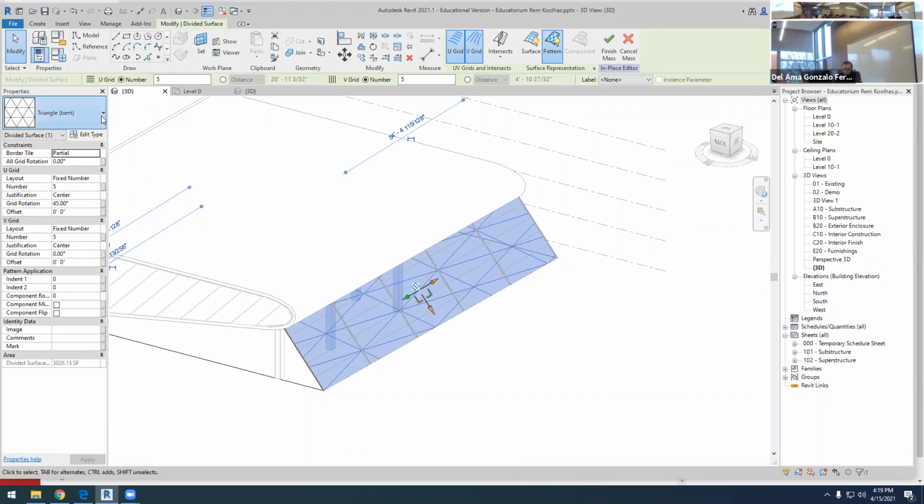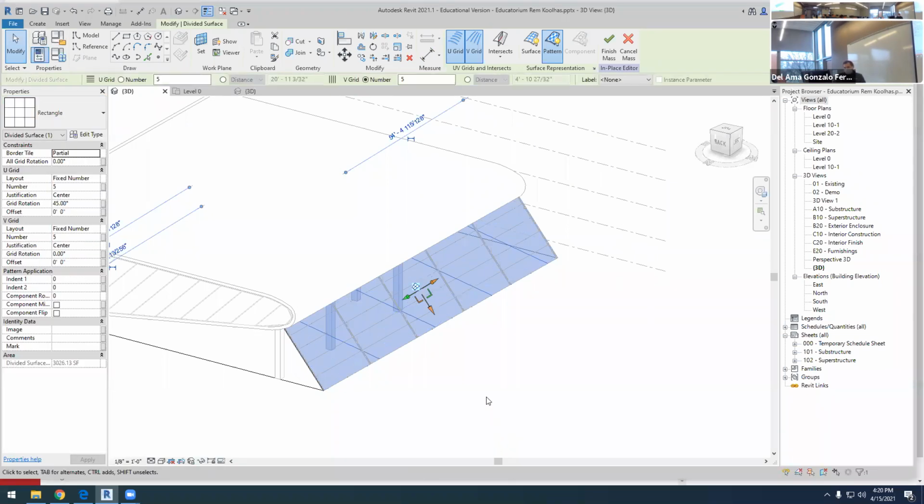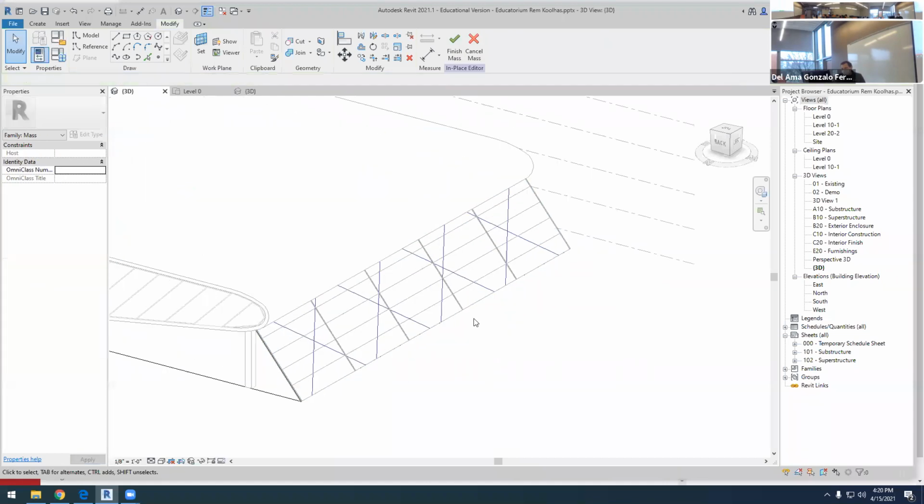The problem is that now I cannot, because you see that I have done this family, but I have used a rectangular pattern. Okay. So if I have a rectangular pattern and I rotate it, now